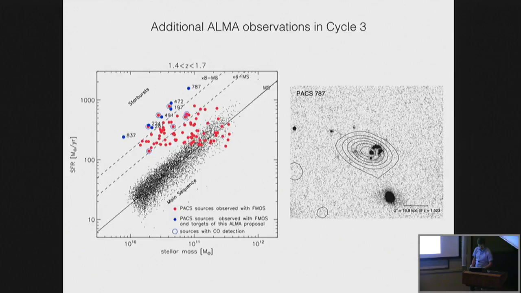This guy is at redshift 1.5, it's at 2,000 solar masses per year. To the other ones. But it's really interesting, at 2,000 solar masses per year, it's got to have a really large gas reservoir. And so we need to go back and look at these at high resolution now, because this is about a 2 millijansky source. So once you can find these rare things,